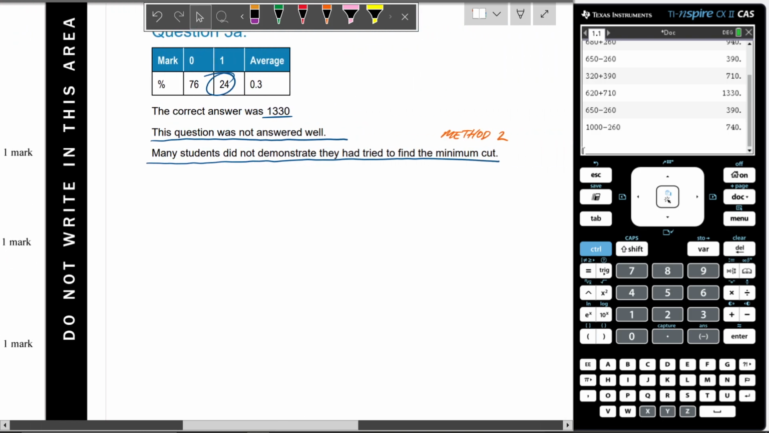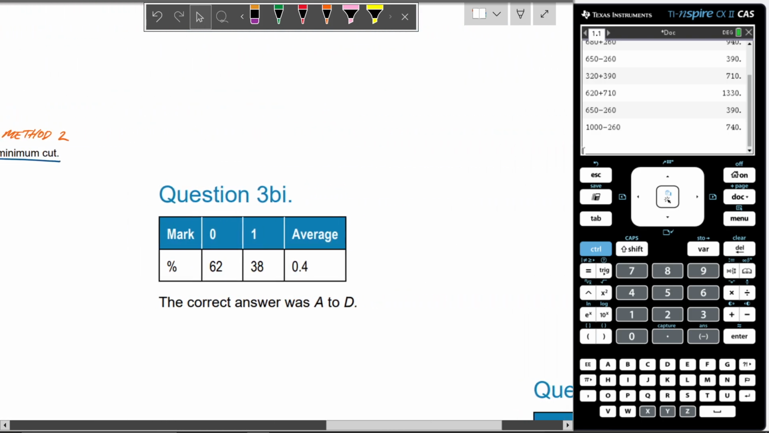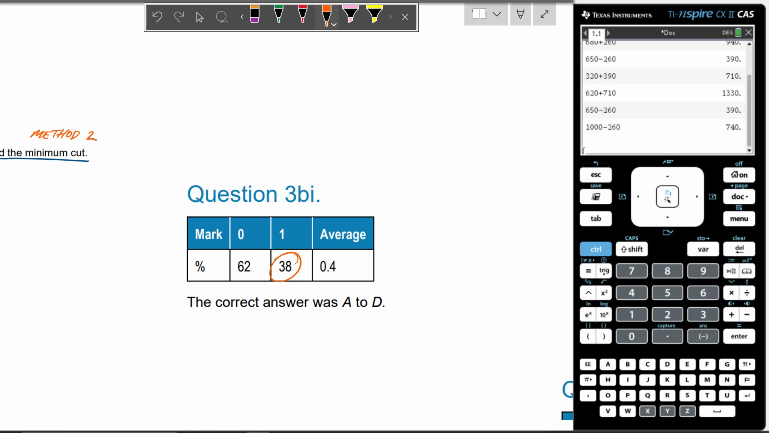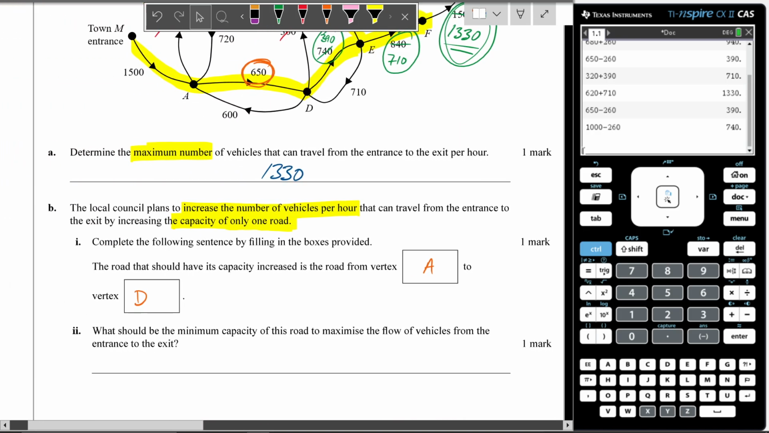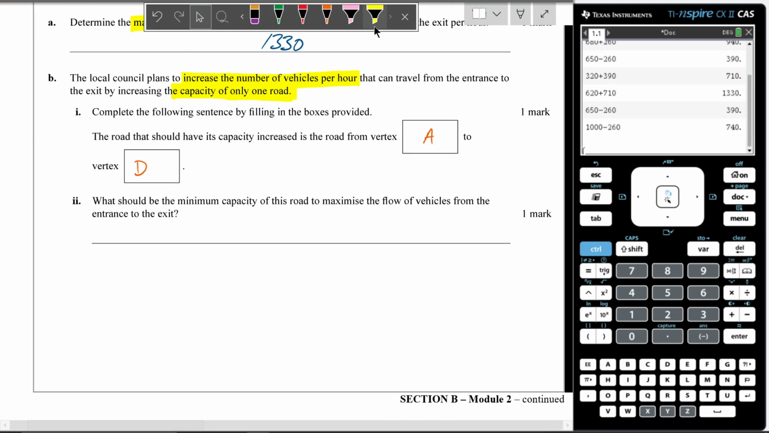All right, if we look here at our examiner's report, you can see that 38% of the state were able to identify that, A to D. So again, people are struggling with these questions. The last one is now really tricky. It says, what should the minimum capacity of